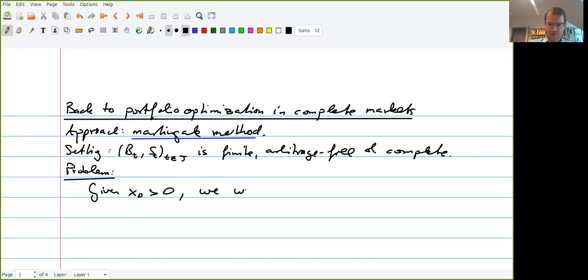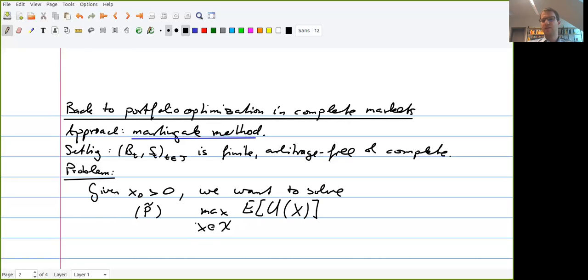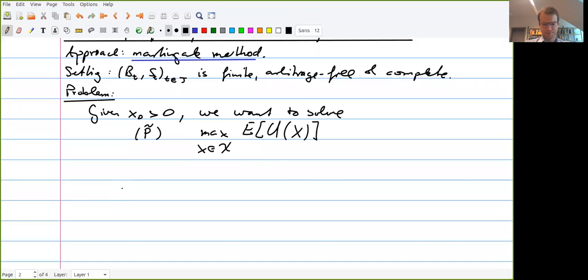So we want to solve this, our auxiliary problem, let's call it P tilde, where we say, okay, let's maximize the expected utility over all random variables x in this set calligraphic X, script X,